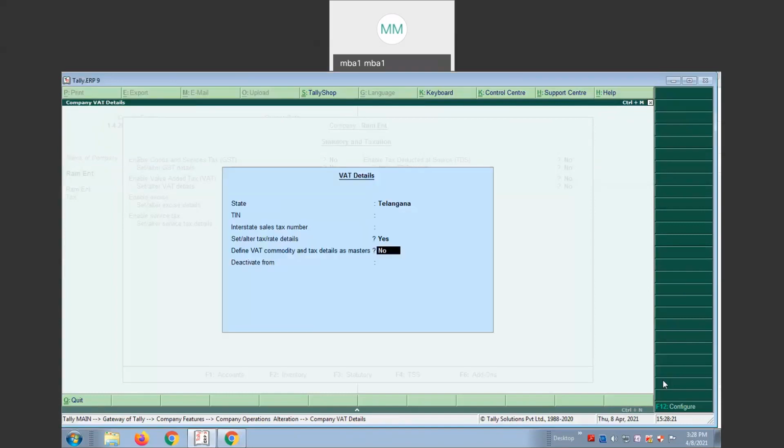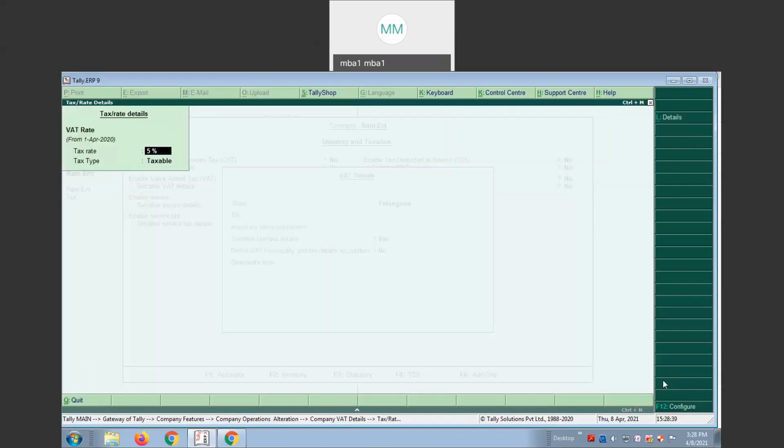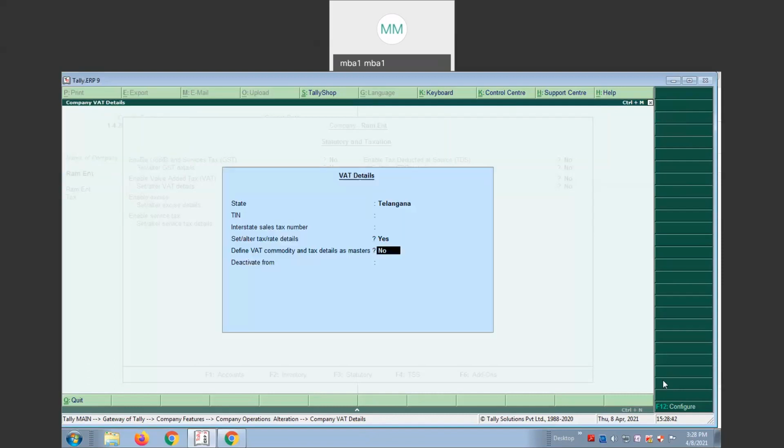See, when you click on set or alter tax rate details, you need to give the tax percentage that is given in the problem. The percentage given in the problem is 5%. I have entered it here. I will go through it once again. See, 5%. Tax type is taxable. Define value added tax commodity and tax details as a master.